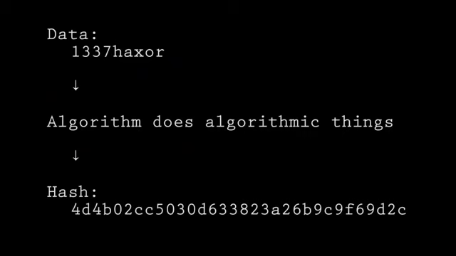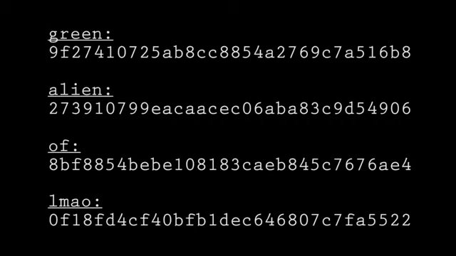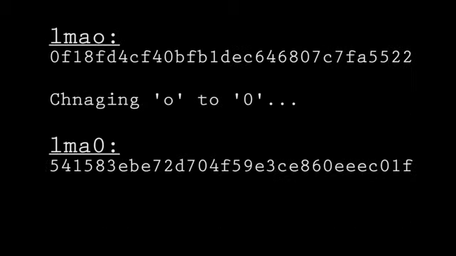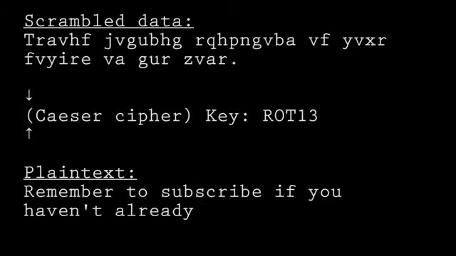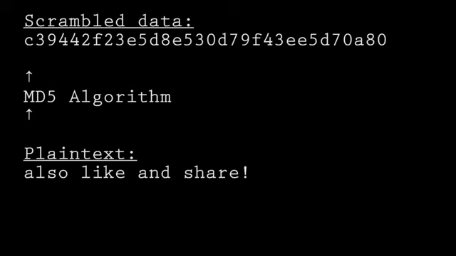A hashing algorithm is a complex mathematical function that transforms a string of data into a seemingly random output string of fixed length. For example, these words produce the following hashes. The same input string will always produce the same output string, but if the input string is changed even by just a single character, then the output string will be entirely different. Hashing is often seen as a form of one-way encryption, as you cannot go backwards from a hash to work out the original string, you can only go forwards.